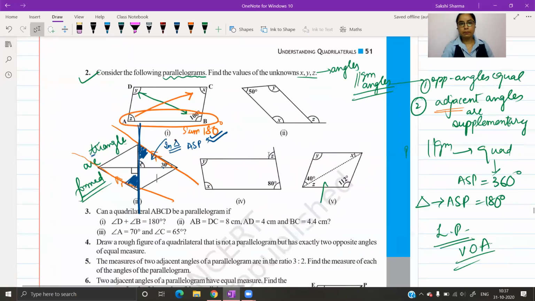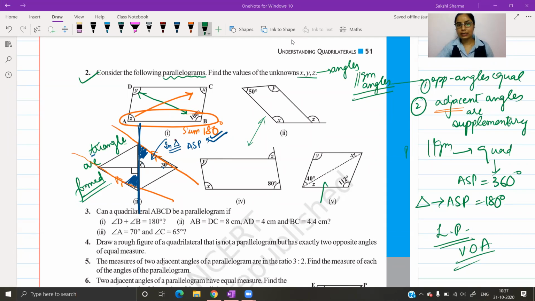Fourth part, you have a parallelogram. This is similar to this one. Can you see? Second and the fourth part, they are similar. Yes, ma'am. Right? So if you remember how we did this question, exactly like that, you can do this question to find out